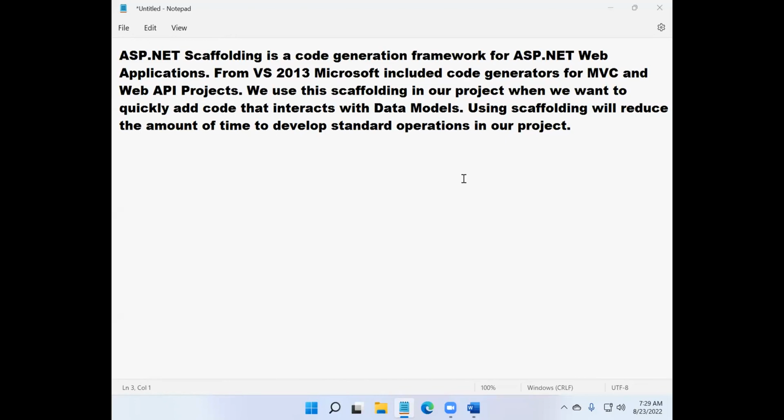We used only a blank controller yesterday, but we have options for generating the action methods for read-write operations. We'll do that going forward. But scaffolding is a code auto generation framework. Is that clear? Fine. So last day, by adopting this process of scaffolding, what we have done